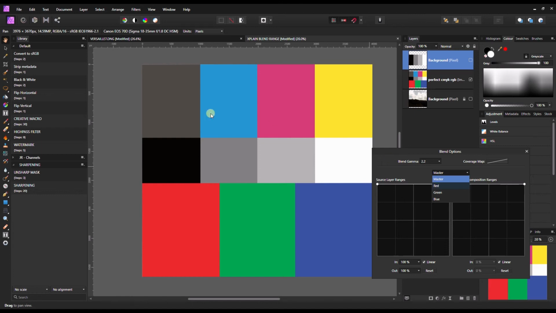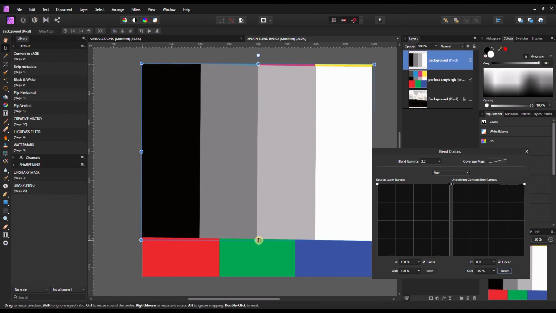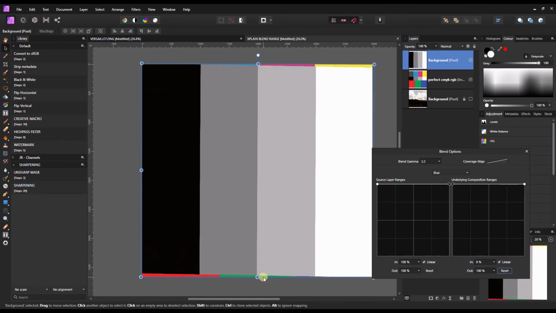So let's say I want to protect my blues. I'm going to select blue. I'm going to turn this on. What I am also going to do is fill this one up completely. I'm going to cover it to show you exactly the pinpoint accuracy. So imagine this is your effect. This photo is not just a photo, this is your effect.